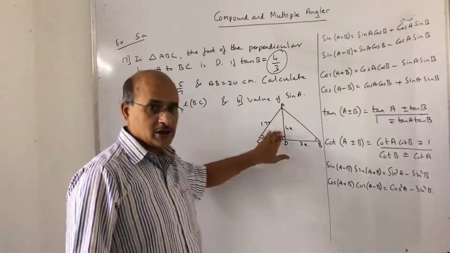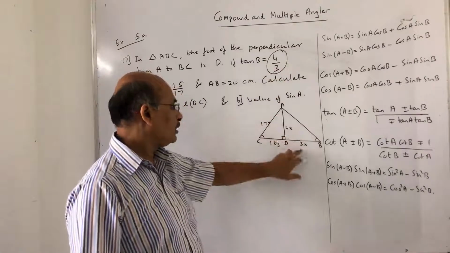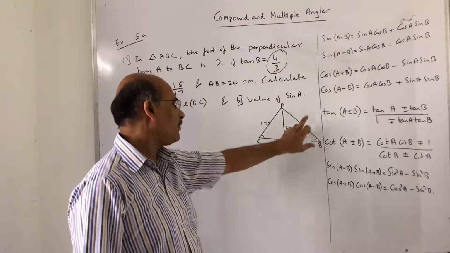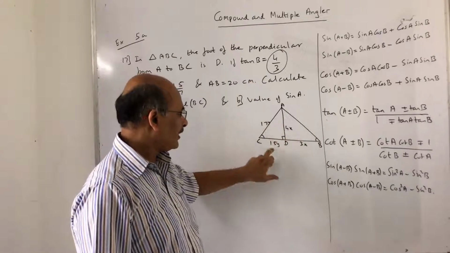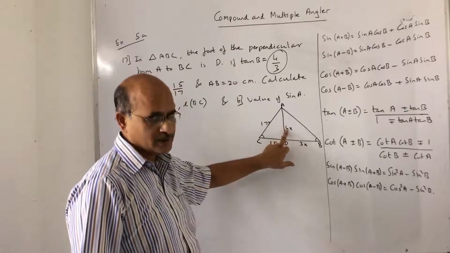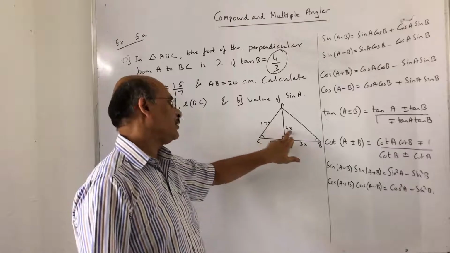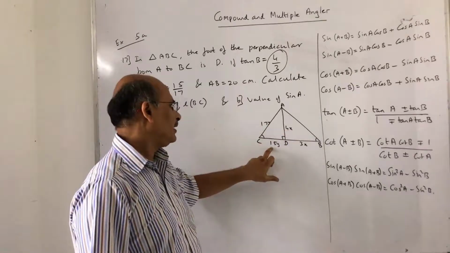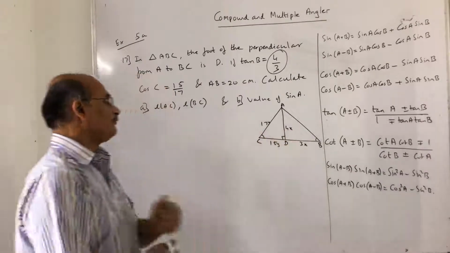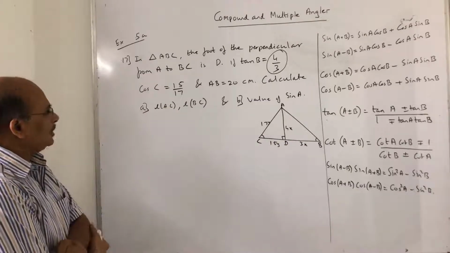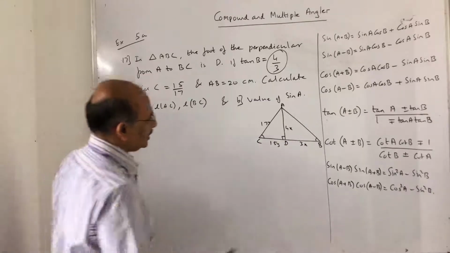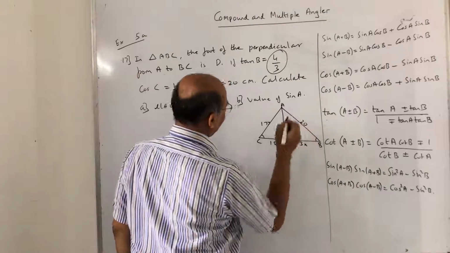I hope you understood this presentation here. The ratio I wrote in terms of x, because it will not form a Pythagorean triplet with 17 and 15. 4 cannot form a Pythagorean triplet with this. So that's the reason I put it in terms of x, that is 15y, 17y and so on. Okay, now let us see this. Now they have given AB is 20, fine.